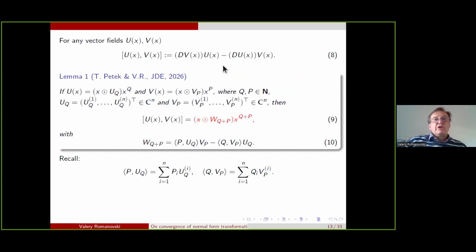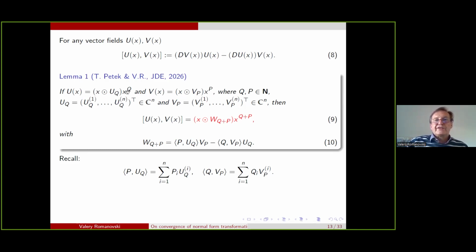So recall that for any vector field, the Lie bracket is defined in this way. But if we have just two terms, as in this lemma from work with Tatiana Pelyuk, just two such terms, this one and this one,